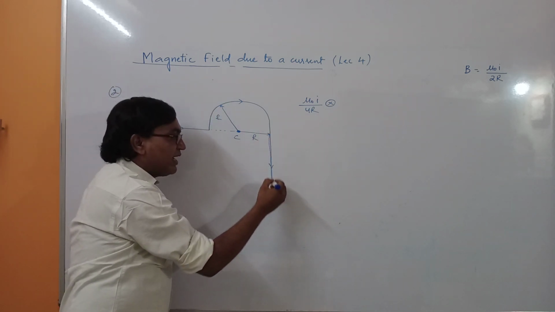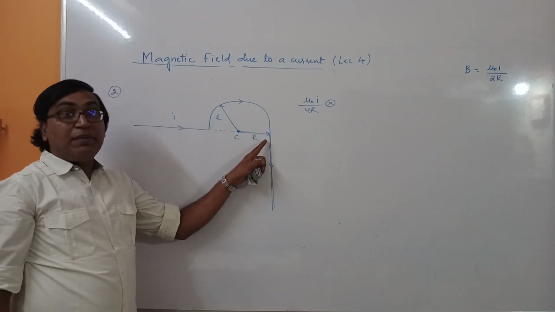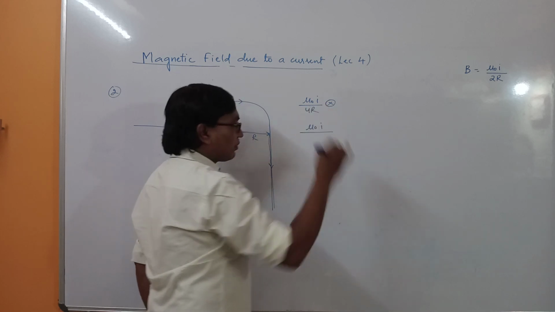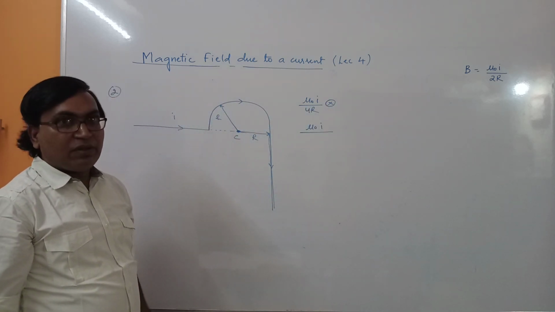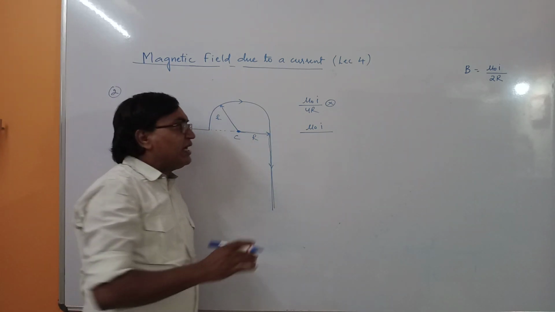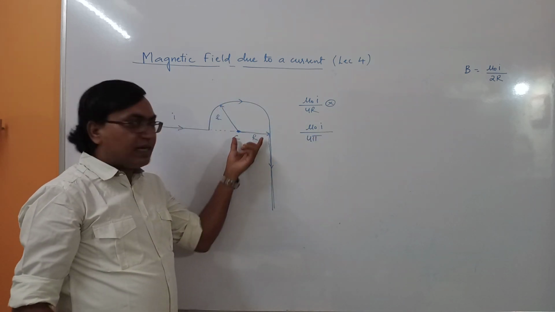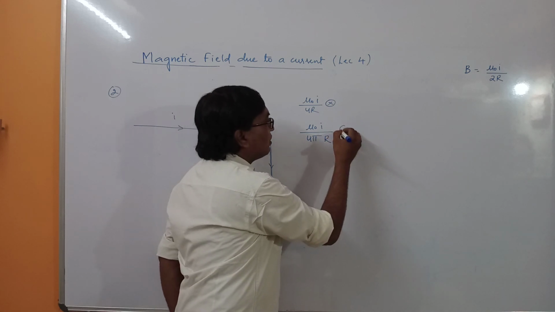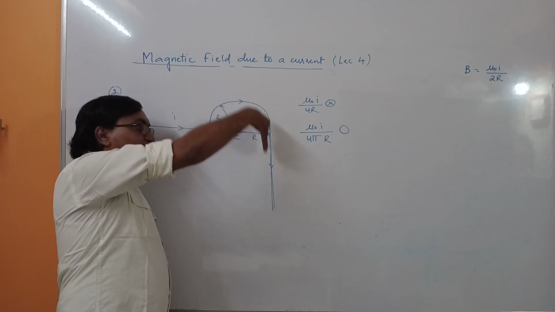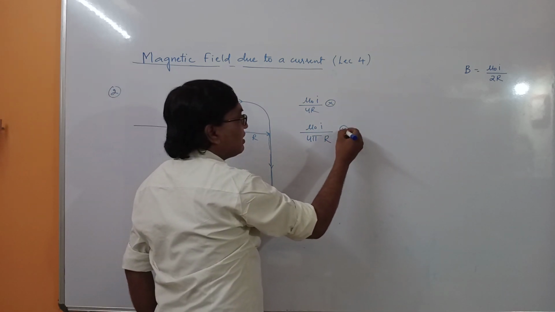Then the magnetic field due to this wire. This is a semi-infinite wire at a distance R. So this will be the perpendicular distance. It is given by mu naught I by 4 pi d. For an infinite wire, mu naught I by 2 pi d. For a semi-infinite wire, half of that, mu naught I by 4 pi d. Now here d is R. Direction: palm towards the direction of current, curl your fingers towards C, it is inside the board. So this is also inside the board.